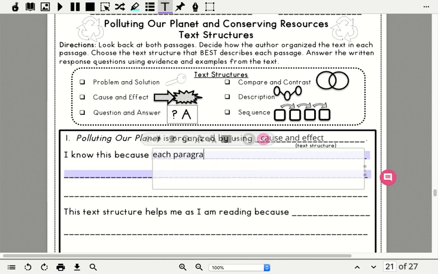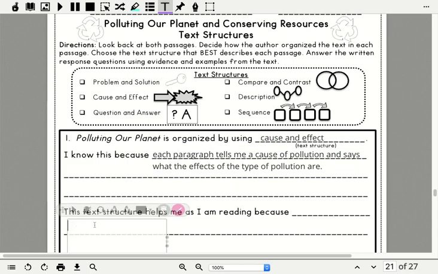each paragraph tells me a cause of pollution and says what the effects of the type of pollution are. So now I need to come down here, and it says this text structure helps me as I am